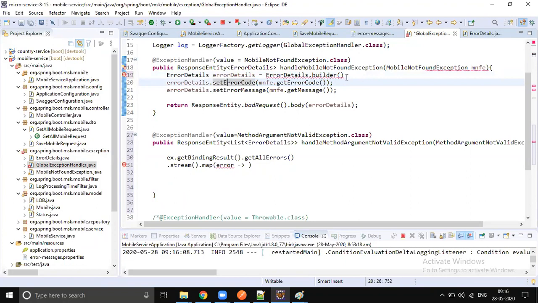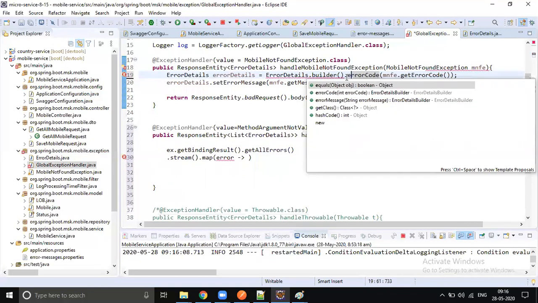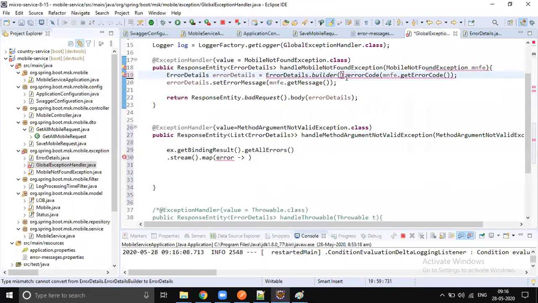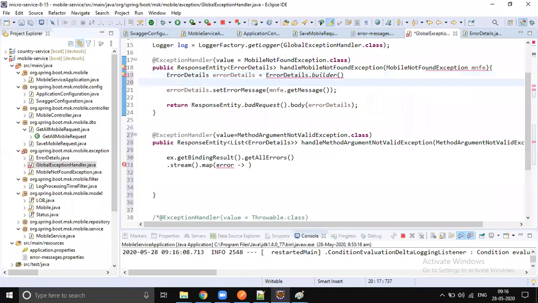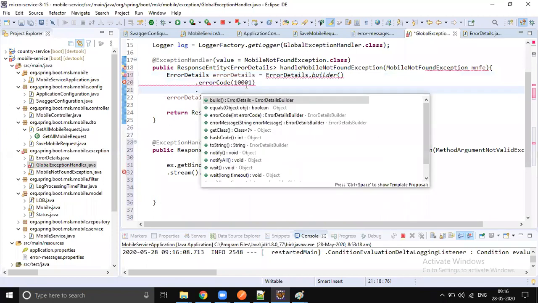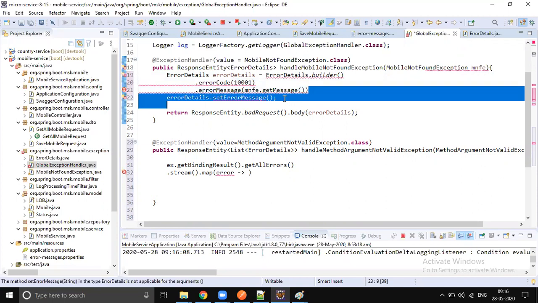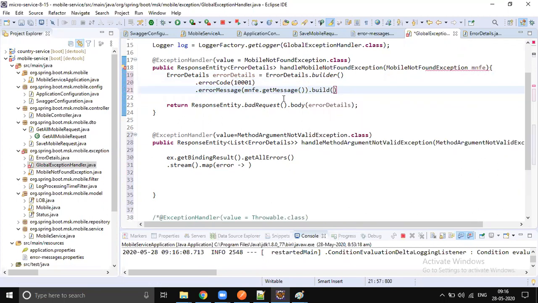Then errorCode, and I think we gave error codes starting from 10001. Then errorMessage, where the message we are taking from the exception. Finally, let's call build, and you will get the details object created.